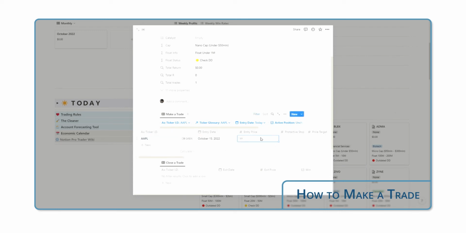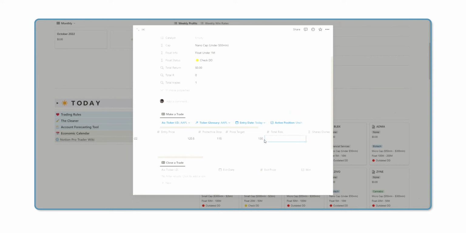So let's say we are going to make a trade on Apple. The way that this is set up is you have to put in your entry price. So let's just say you want to buy Apple at 120.50. Just for the sake of example, let's just say it's that price. And your protective stop, you have it at, let's say, 115. Price target, let's say you want a 2-to-1 ratio. So you would go for like 130. Total risk, let's say you want to risk